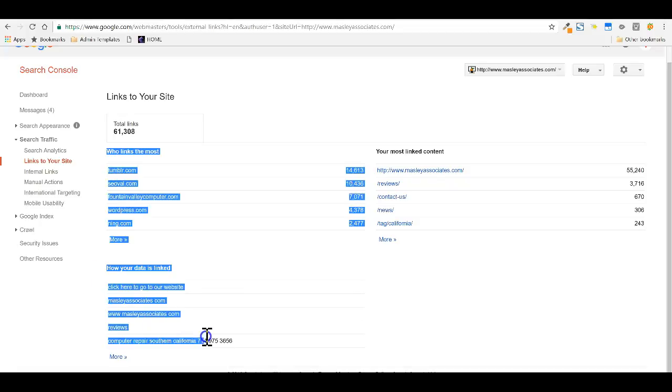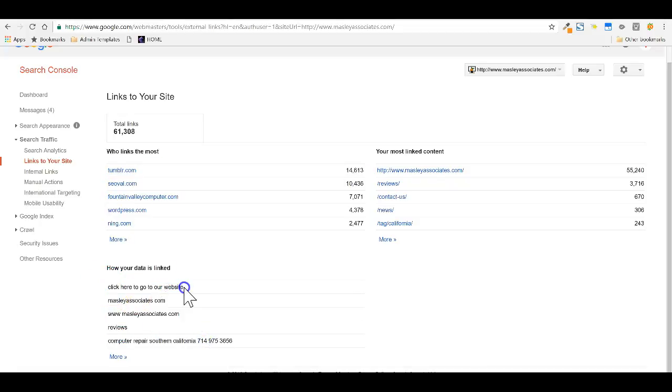But if you look at this website, it says "click here to go to your website." See, this really doesn't make sense as a keyword which could bring you traffic, because it's very generic and it really does not focus. So you need to make sure whatever keywords you use, say for example computer repair Southern California is a good keyword, but including your phone number doesn't seem to work, nobody searches with the phone number. But still, a few do if they look at your ads or billboards or whatever. But still, if you look at the keywords, this is a very performing keyword, so it has to be linked